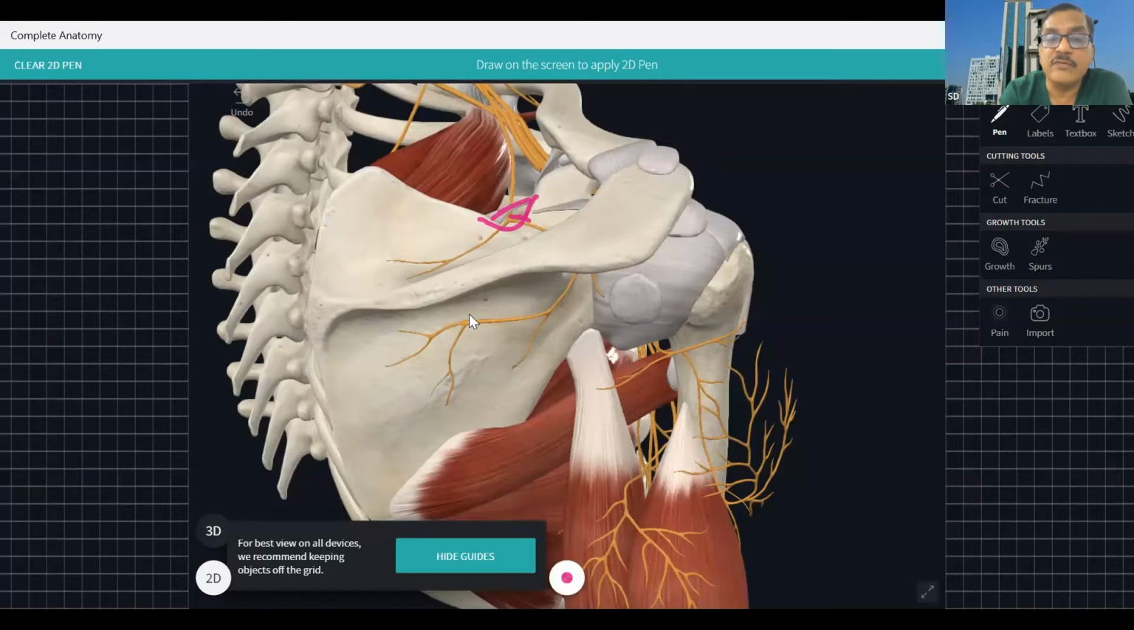And then it takes a curve and it comes here. Here, it gives the muscular branch to the supraspinatus. Then it comes down and gives a muscular branch to the infraspinatus and the teres minor. And an articular branch,